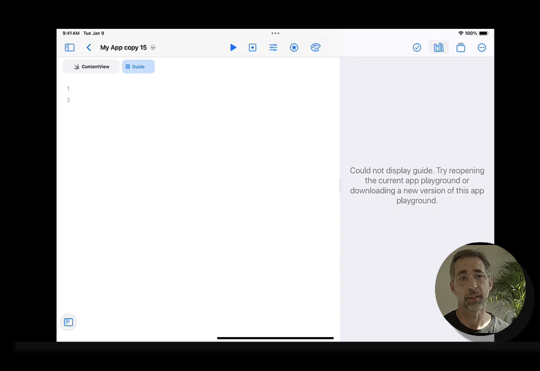And there's nothing in the guide. So of course it couldn't display the guide. So we're nearly there. We're pretty far along. So in the guide, what I'm going to do is I'm going to just create a little